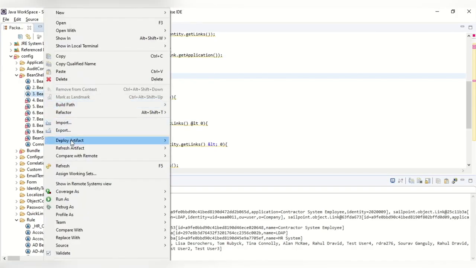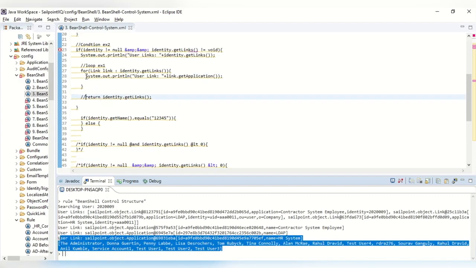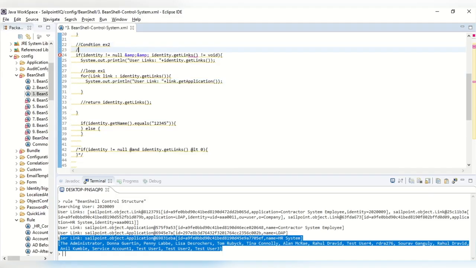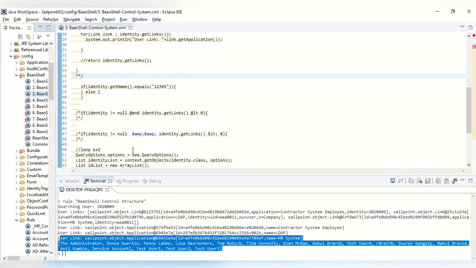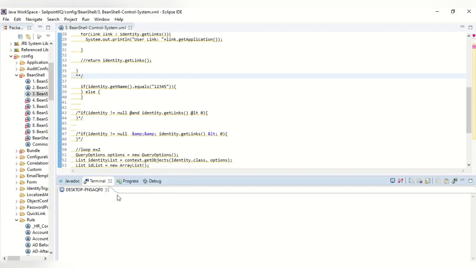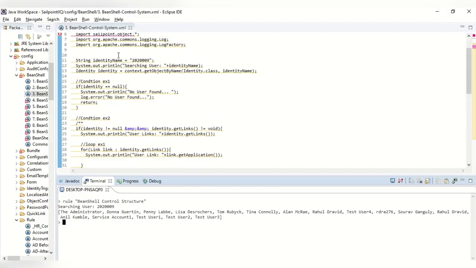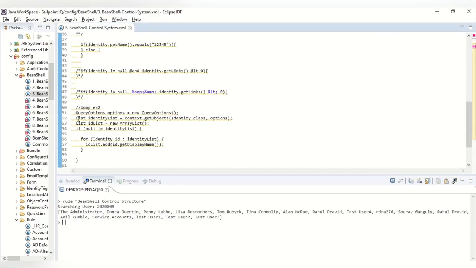Again, let me put it again. Yeah. So here we have a list of users. So I don't want to print this, or let me comment this. Yeah. Now you can see searching for user means that's the first print statement. Then in this loop, so I'll just